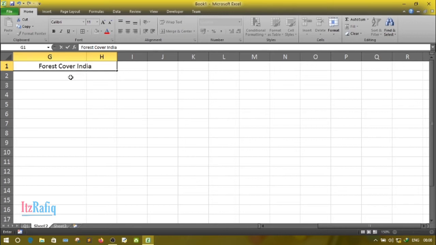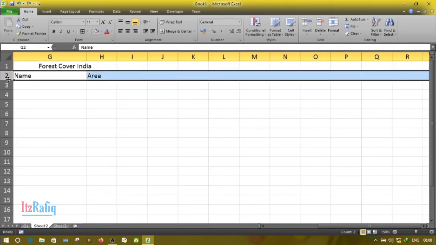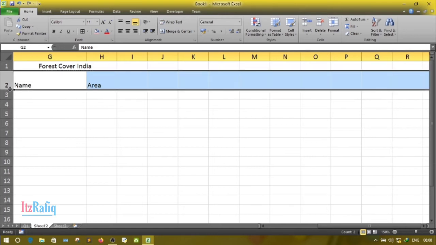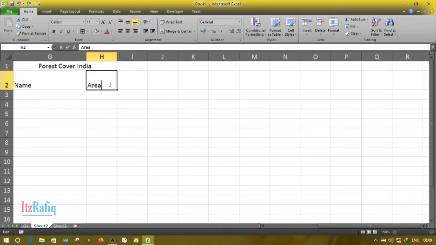And in the second row it's name, and here we write area. And here you noticed that kilometer per square is written below. For that we'll first make the row height a little wider, and we'll make the alignment in area.